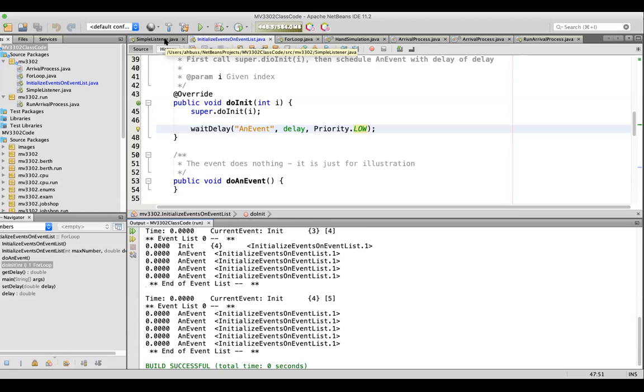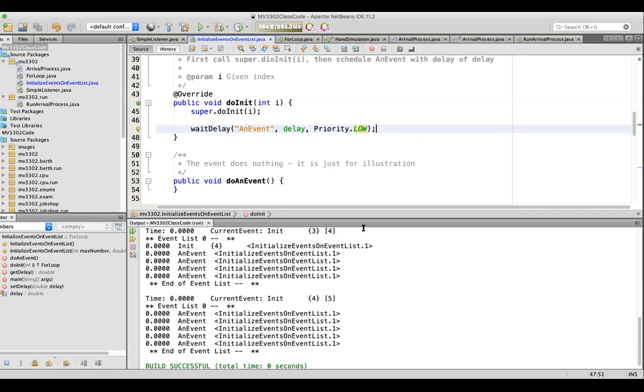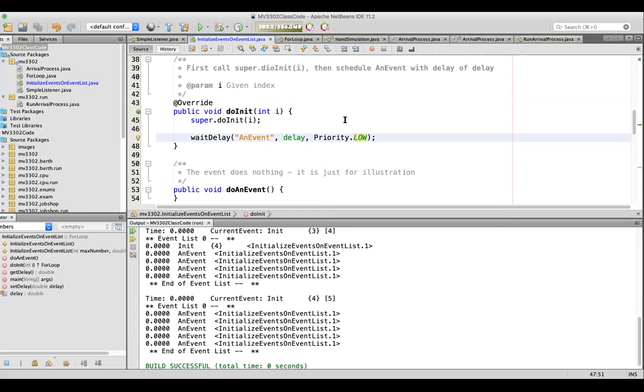Okay, so that's what I have time for today. Now we'll meet again at 1 this afternoon. What I'm going to ask you to do there is to implement that simple server component version, in which you will reuse the arrival process that you wrote last week and use that to drive